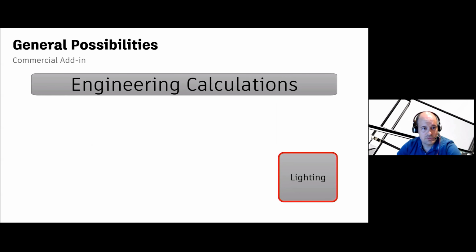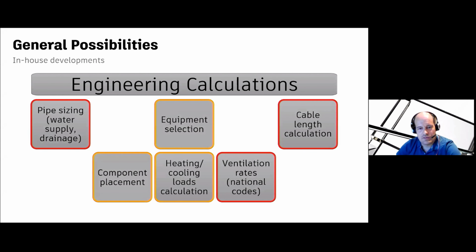For that, we currently use a commercial add-in, which is Illum Tools, an add-in in Revit, where we can also use our same Revit model to do the lighting calculations, which is the same model that we will use to do our heat load calculations, which is the same model that we use to do our coordination with the different disciplines, etc. And then last, we have our in-house developments, where the red ones indicate the developments that we already use or are actively using,